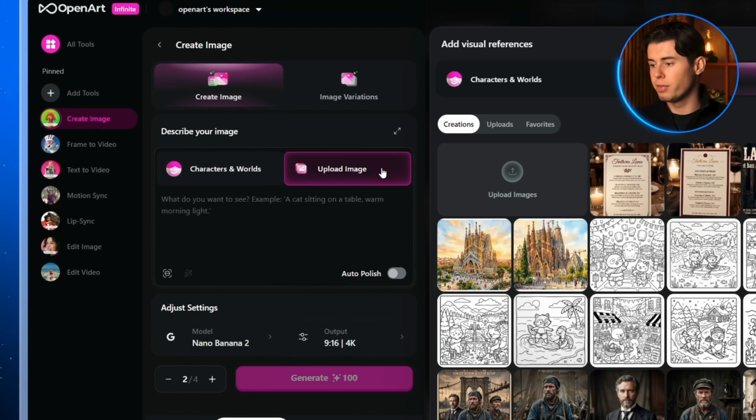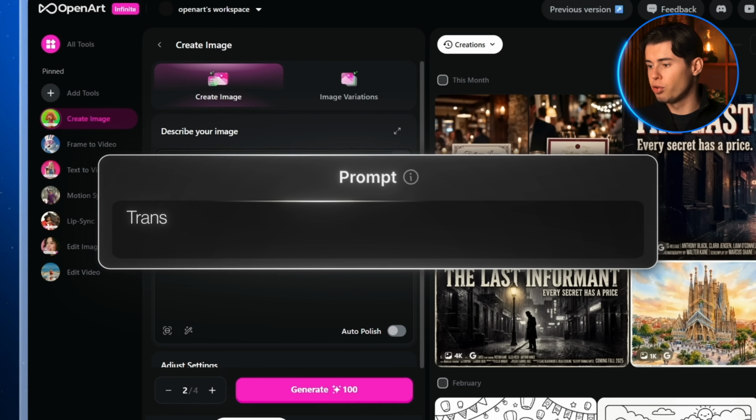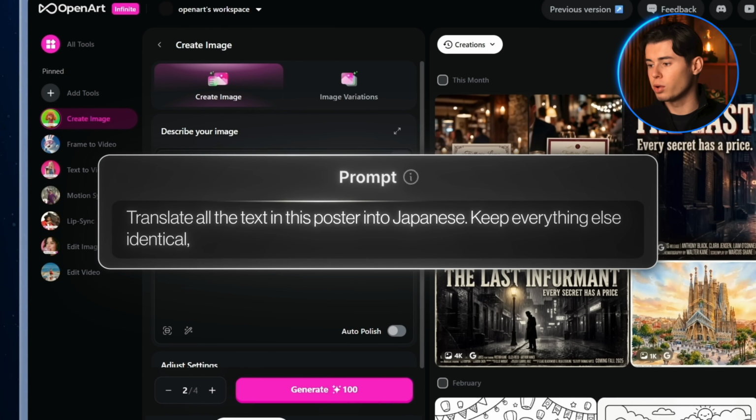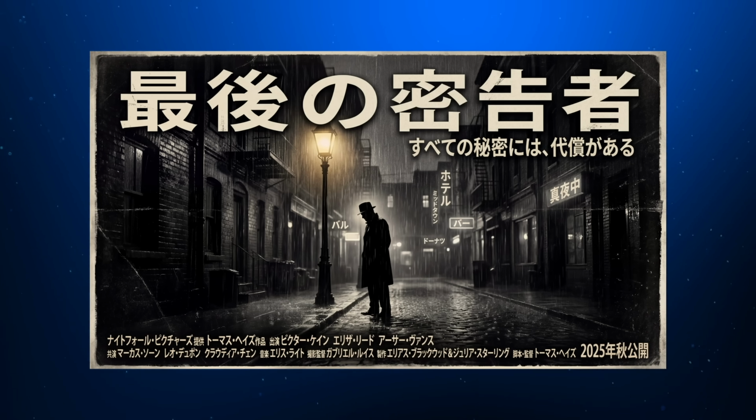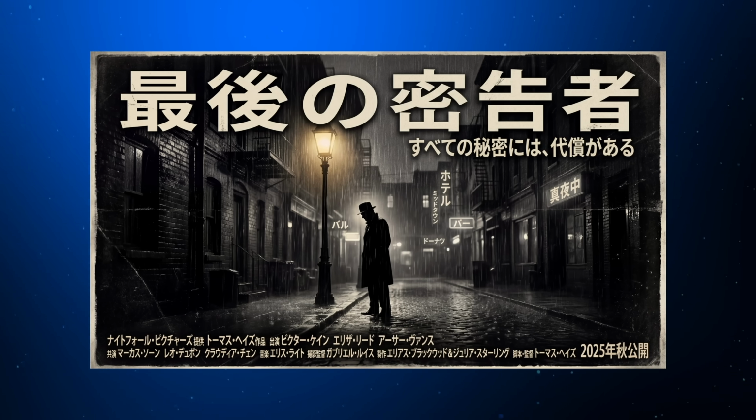I'm going to upload that film poster as a reference and translate all the text in this poster into Japanese. Keep everything else identical, only the text changes. And here's what comes back. The title, the tagline, the credits, all translate into Japanese, and the rest of the image is completely untouched. Nano Banana 2 just did in 4 seconds what would normally take a designer hours to rebuild